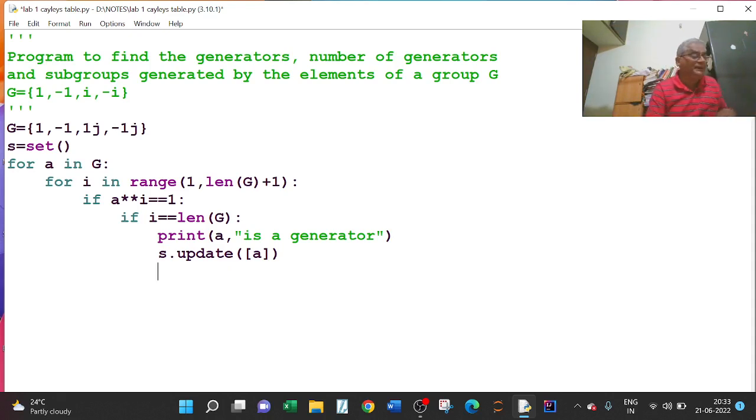I'll give a break here. I'll come out of this, and then I will come out of all these for loops. Then after completing, that is after checking all the elements in G,